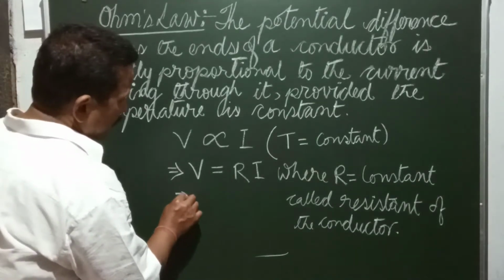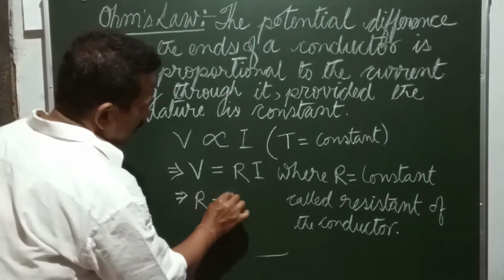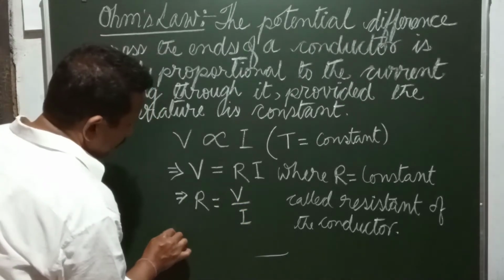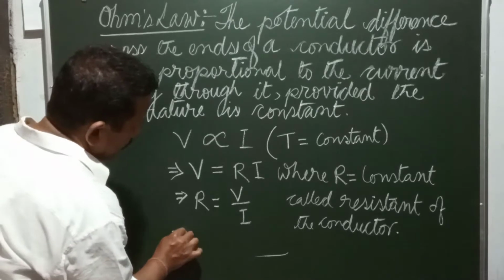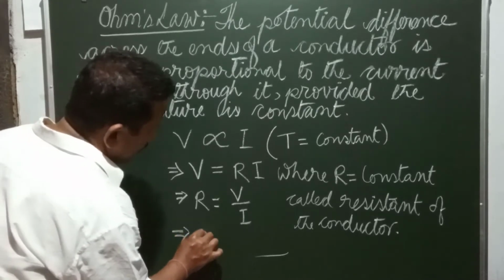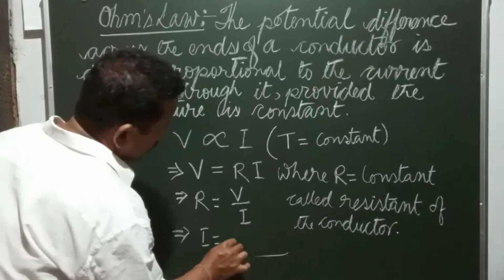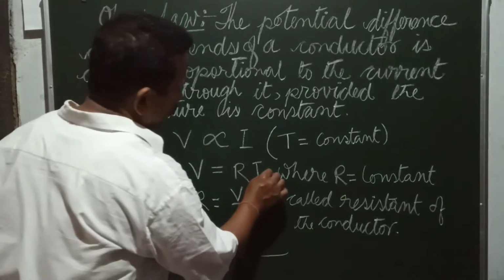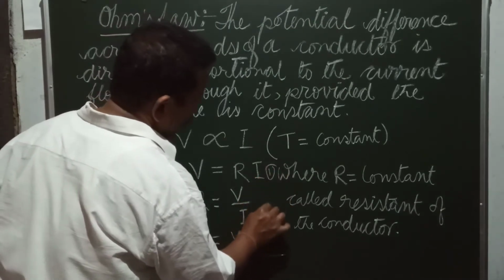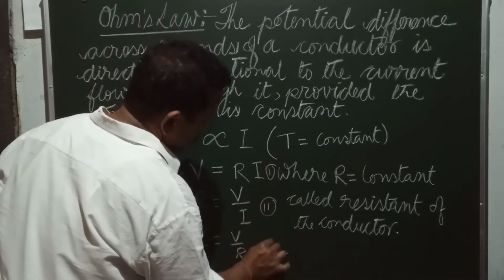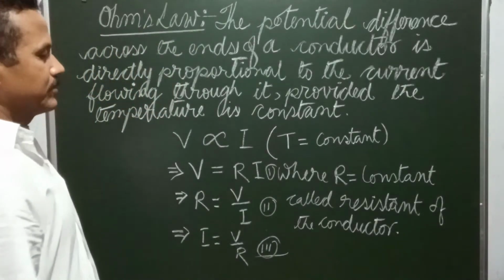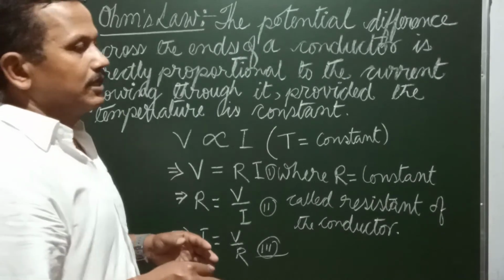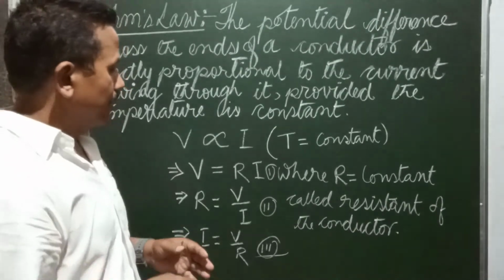If I try to derive R from here, I will get V by I, and if I try to get I from here, I will get V by R. Now these are the formulas you can use, formula number 1, formula number 2, formula number 3, for doing mathematical sums. Now what I want to say, yesterday in my previous class I said that if